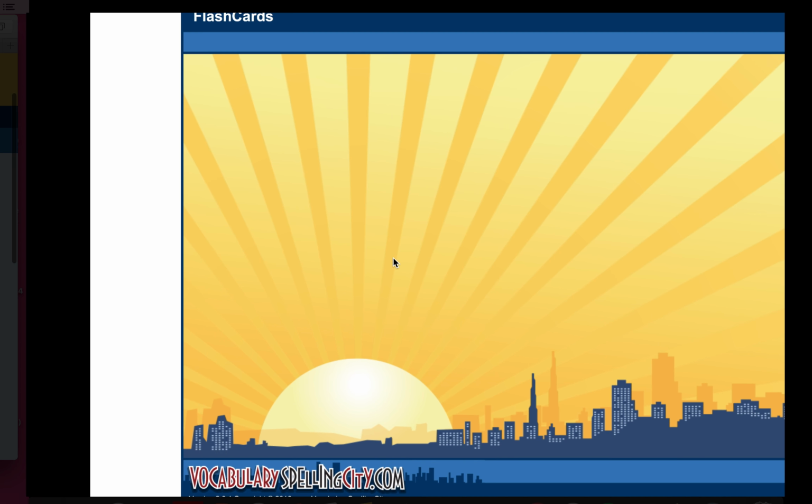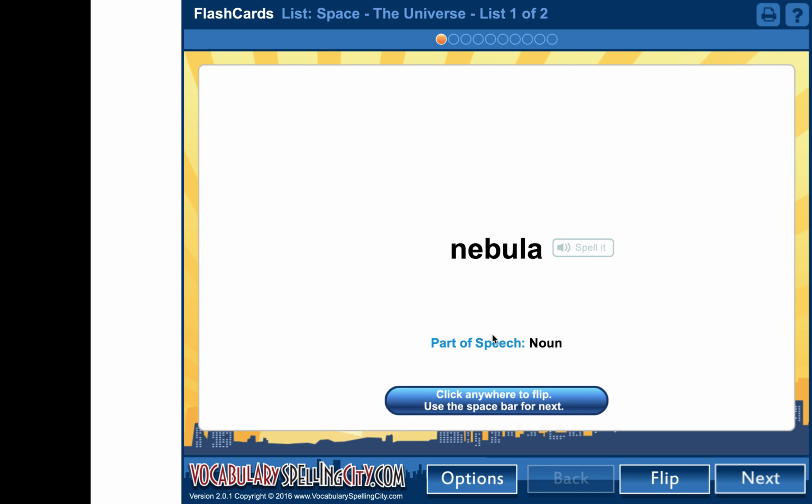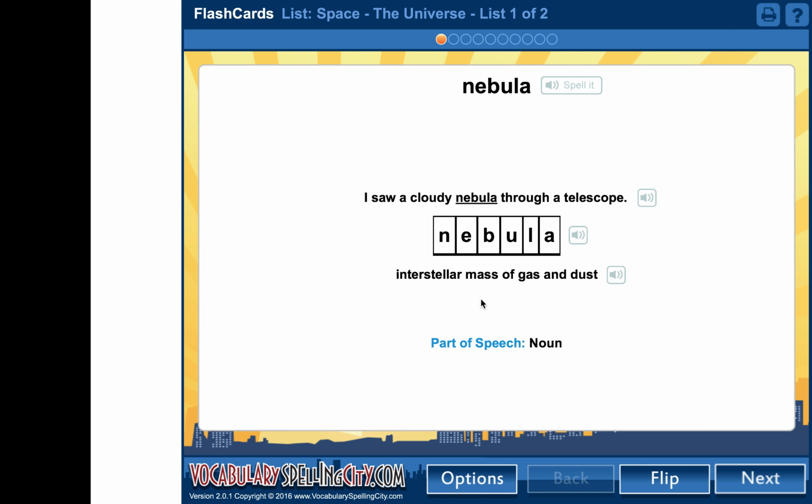So I'm going to show one more. This is a flashcard. Flip through your flashcards to study your words. This is a great way to practice vocabulary. Nebula. And you can just flip it, and as you see here, it'll show you the